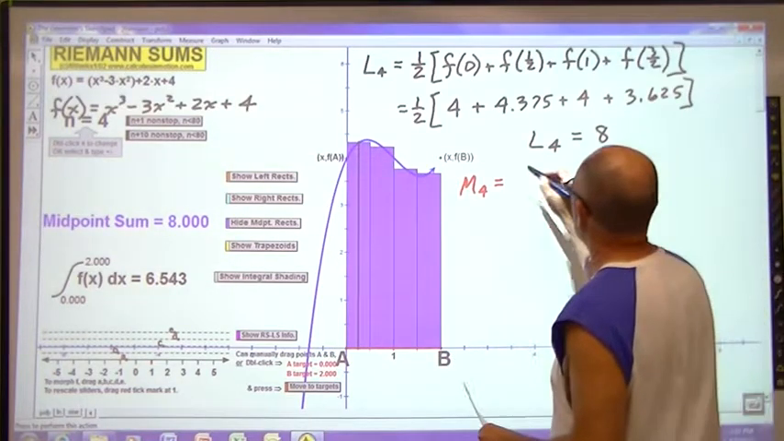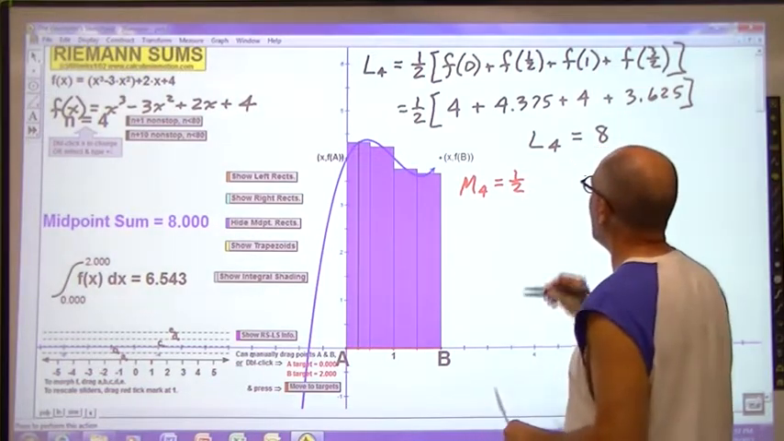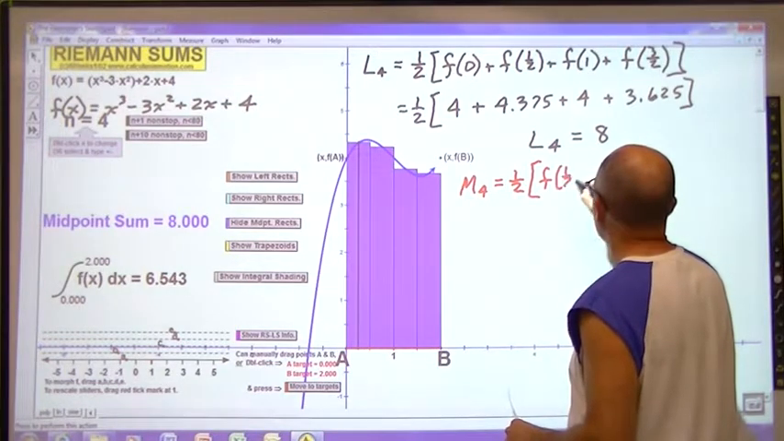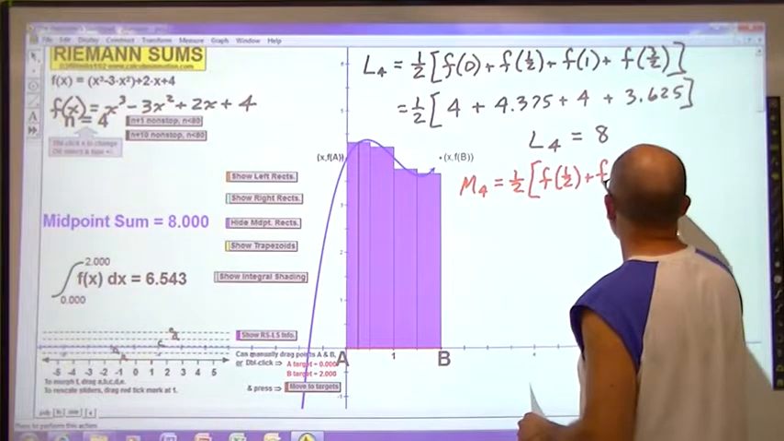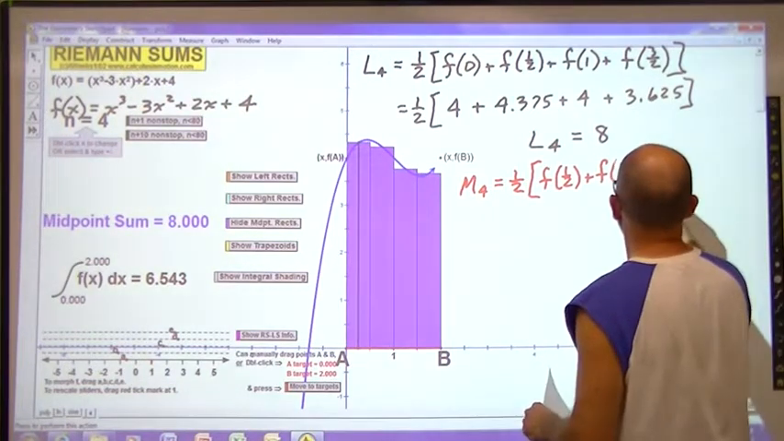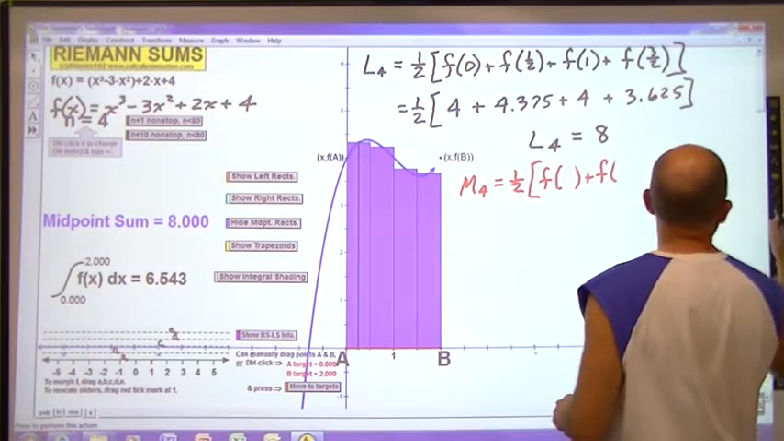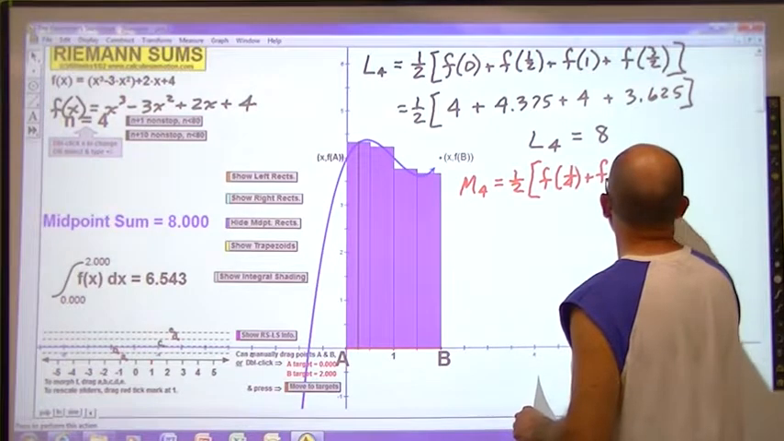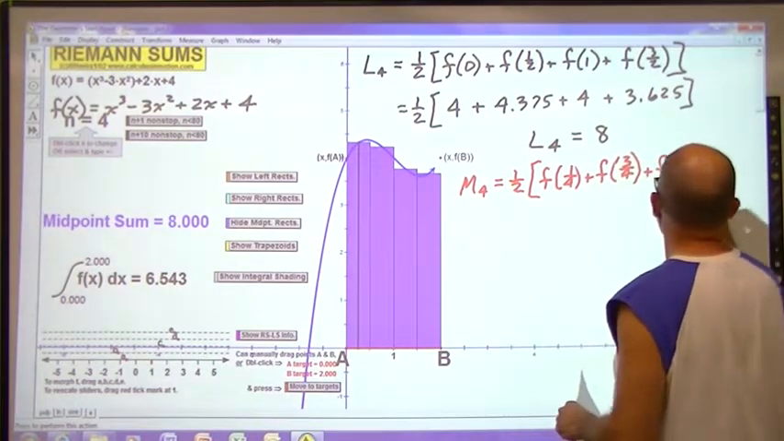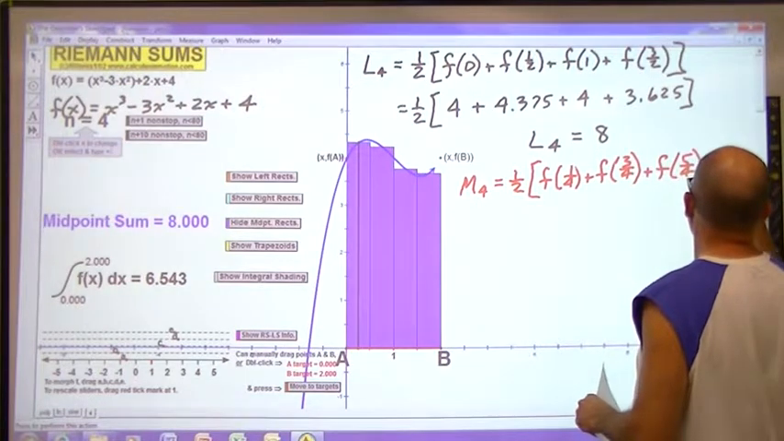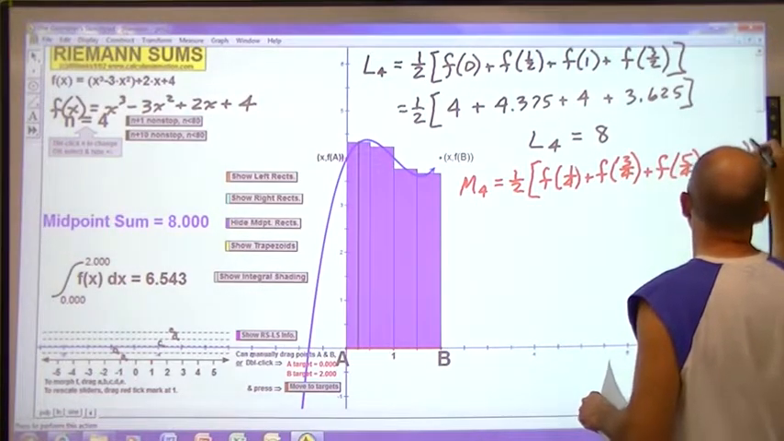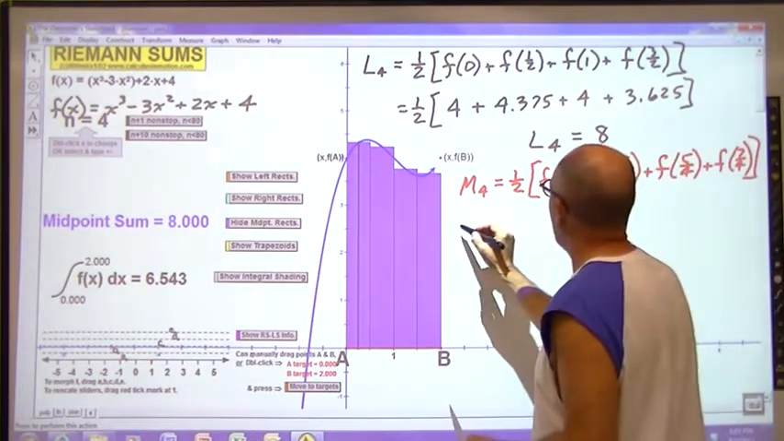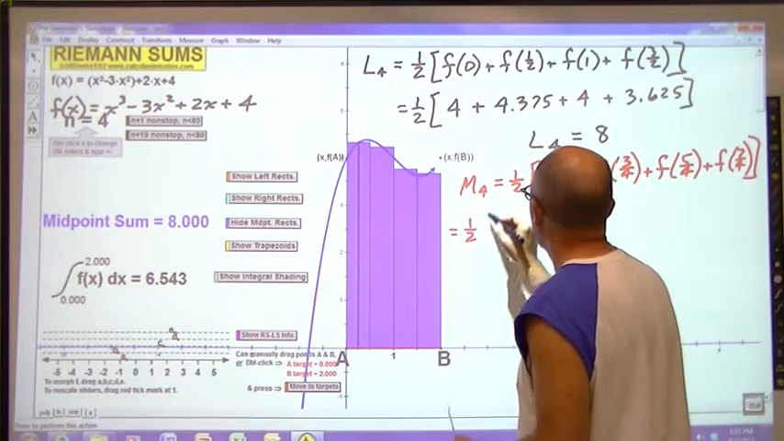So, my midpoint calculation, each rectangle is once again 1/2 wide, and then it's going to be times f of 1/4 plus f of 3/4 plus f of 5/4 plus f of 7/4. There's my midpoint calculation. So, that's going to equal 1/2 times,